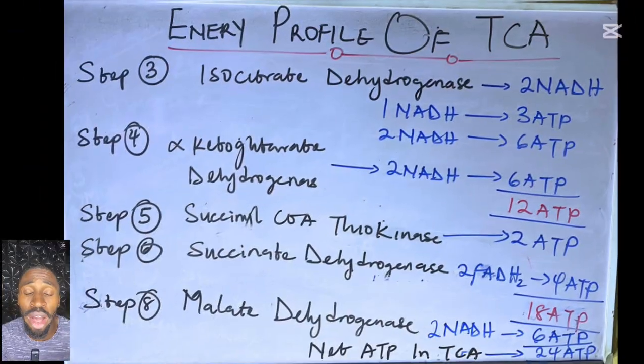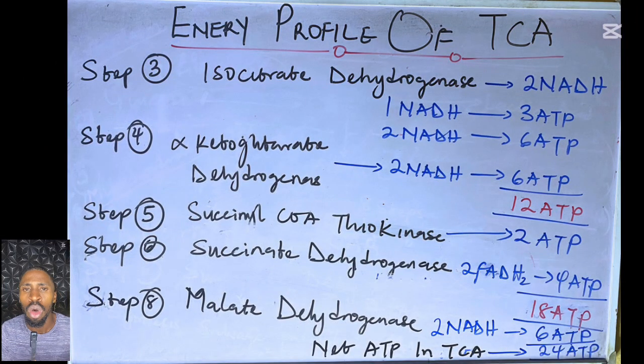Now the next we'll be going into is the energy profile. In the energy profile of the TCA cycle, where are the places we are forming ATP? We form ATP first of all in step 3, where we have 2 moles of NADH. 1 mole of NADH is forming 3 ATP. So 2 moles of NADH will form 6 ATP. So we are forming 6 ATP in step 3 using